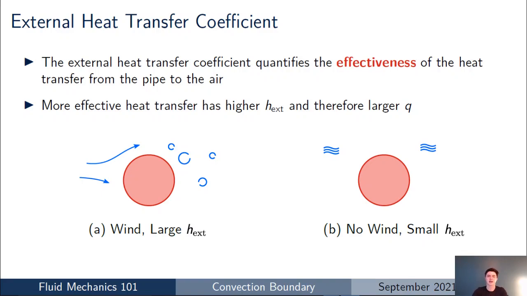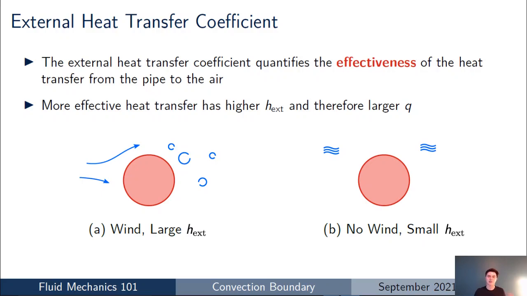And in this context, what I find really useful and helpful for understanding what the convection boundary condition is doing is that the external heat transfer coefficient is telling us what the conditions are like outside the pipe, or how effective the heat transfer is. And I've got two very simple examples for you on the slide just to help really crystallize this for you. Let's say your pipe is surrounded by air at 15 degrees C. Now your T infinity would be the same in both cases, but under one condition,